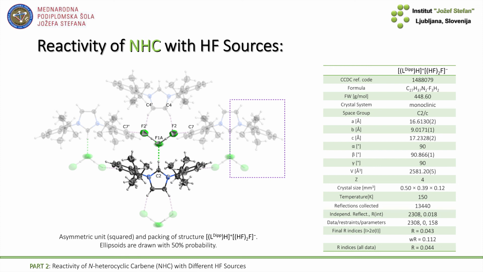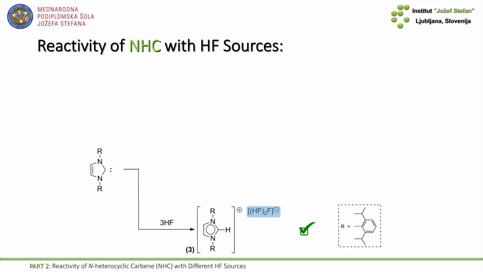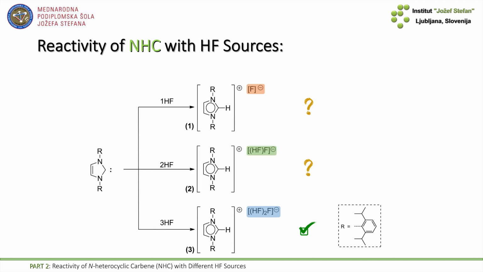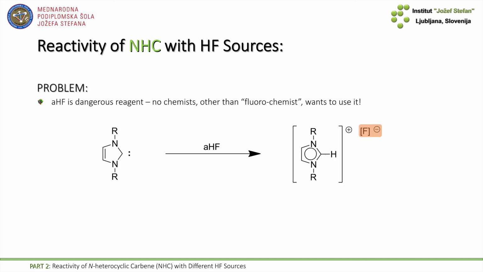But we were kind of on the right way, because if with a surplus or 3 equivalents the reaction yields polyhydrogen fluoride, then the question arose: can we, with stoichiometric quantities, with 2 equivalents get the bifluoride anion, and finally with 1 our wanted reagent? And then we had to solve the problem of anhydrous hydrogen fluoride, and we successfully found its replacement, which is triethylamine tris(hydrogen fluoride) complex, which is just a milder version.